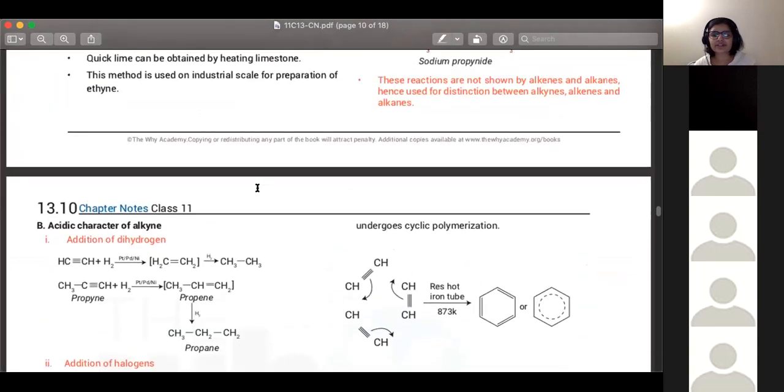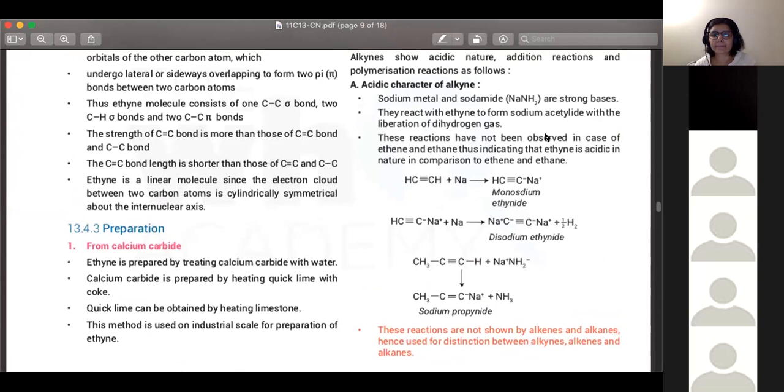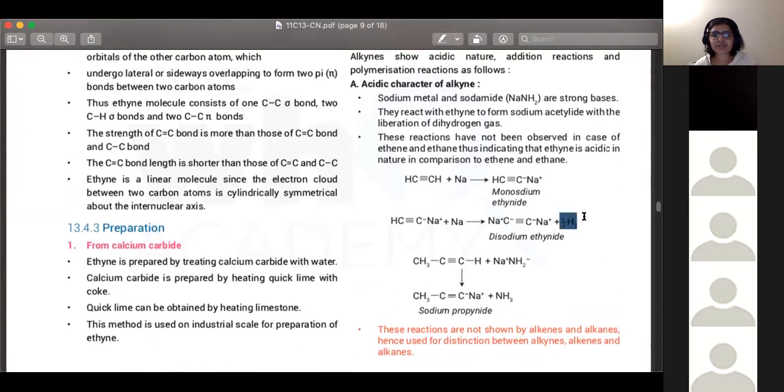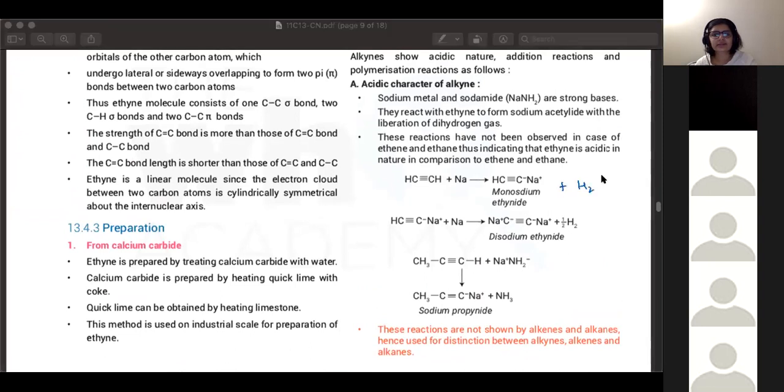And then in the above reactions, where is the hydrogen going? Hydrogen is being released as a gas. In the first one, the hydrogen is released and we get the sodium salt. In the second one, we again do the reaction and the other hydrogen is released and we get the sodium salt there too. But we also have a half H2 here. This was missing. The half H2 was to balance out the reaction, that's all.